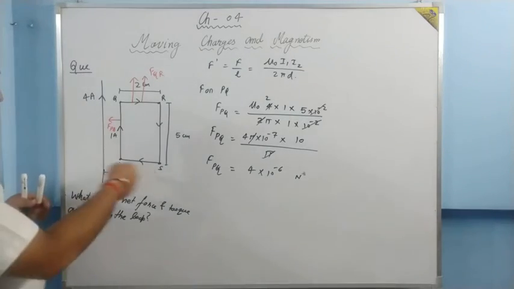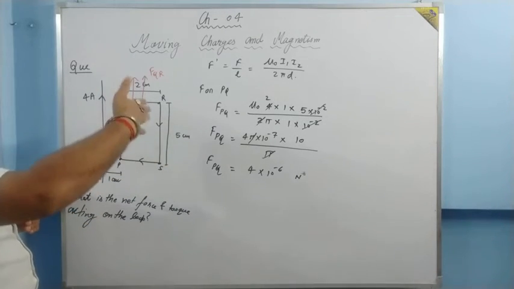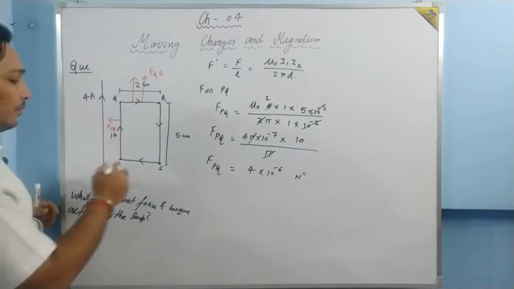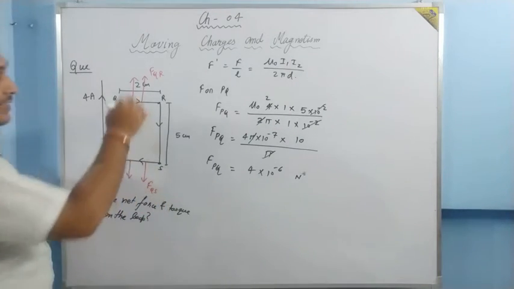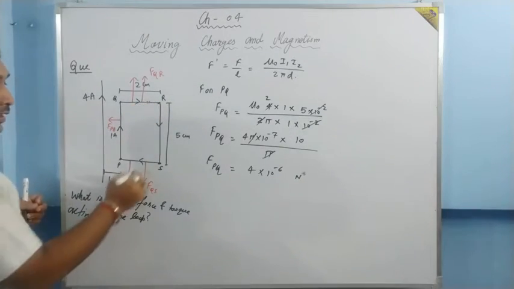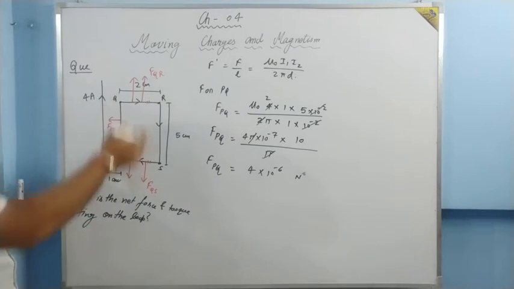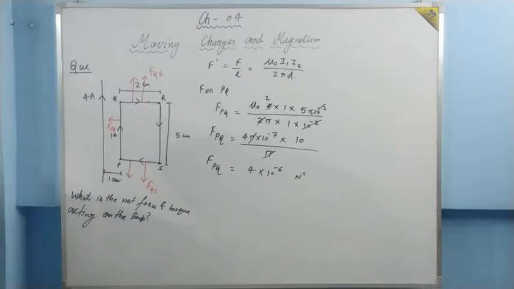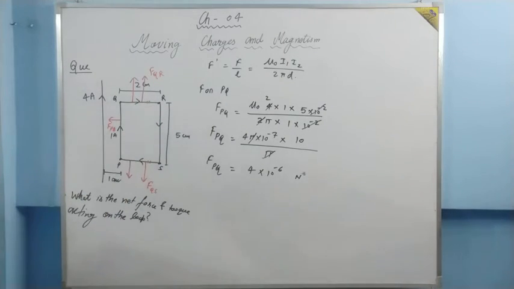Same goes with SP. Direction of current is reverse now. So thumb is in the direction of current, and all the fingers towards the magnetic field, force will be downward. Now these two forces, FQR and FSP, will cancel each other, because suppose if you take a small section of length over here, then at this section the force will be same, and obviously it will be opposite. So that's why the force will be cancelled on QR and SP. So basically the force on PQ wire and force on RS wire we have to calculate.